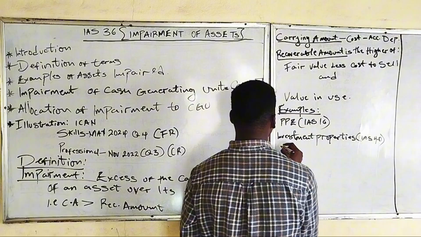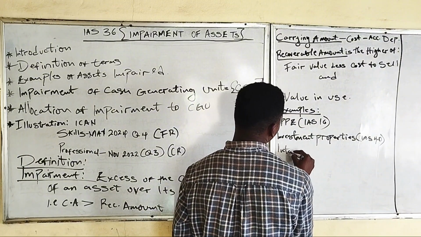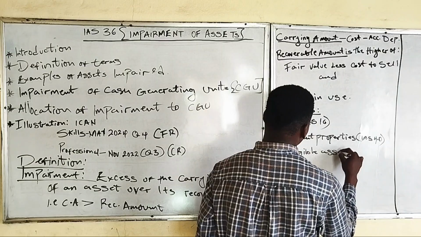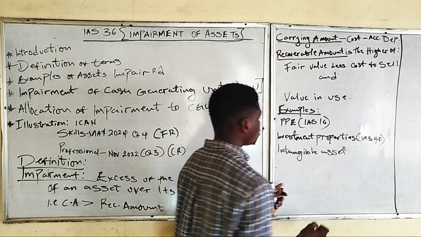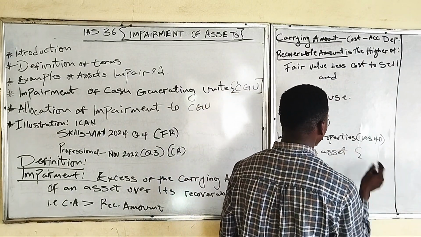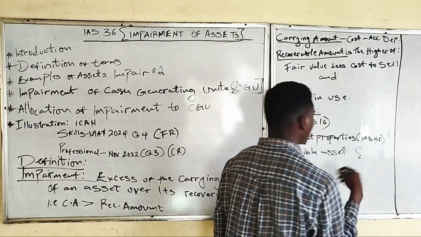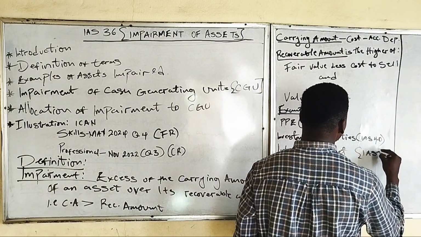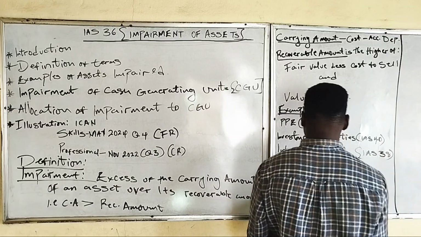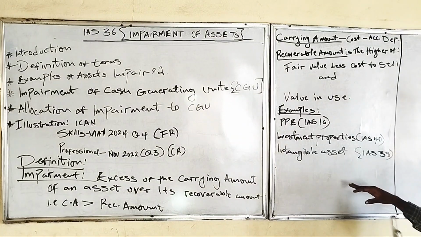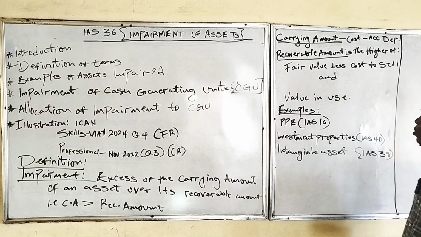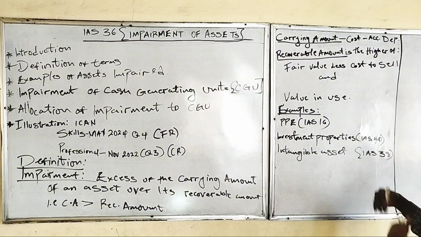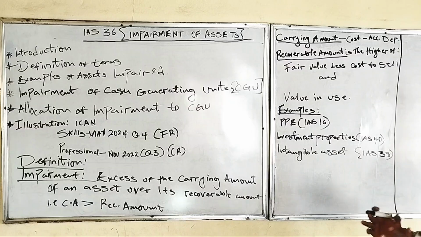We also have intangible assets, IAS 38, intangible assets, which comprise so many. We have the goodwill. We've talked about intangible assets, IAS 38, so you may need to watch the video to understand better on that. That's if you've not done that. So these are examples. It is not limited to these, but these are just examples of assets that are impaired,